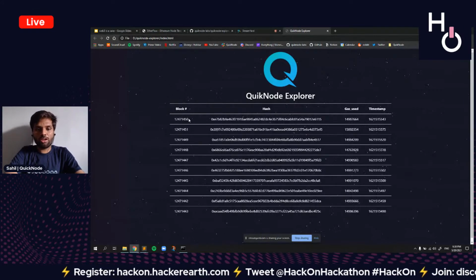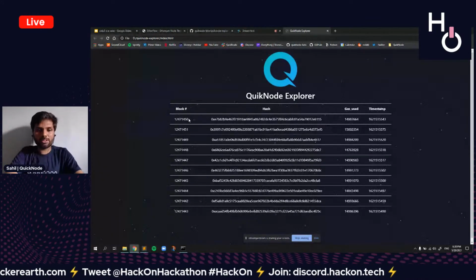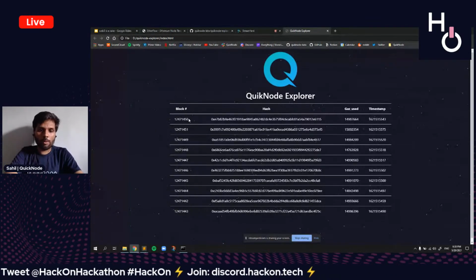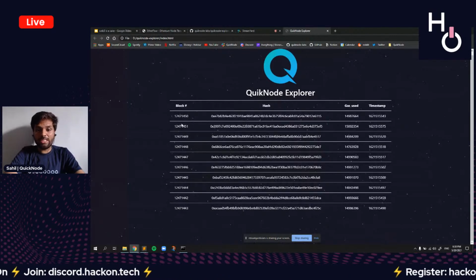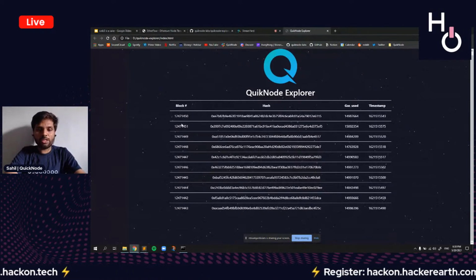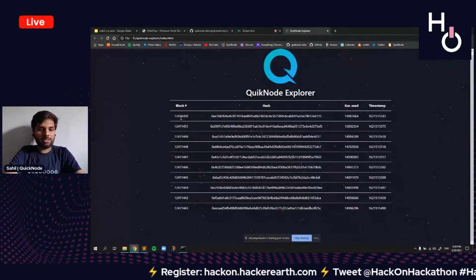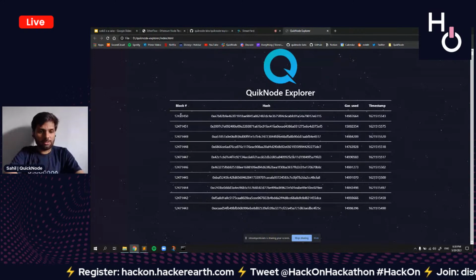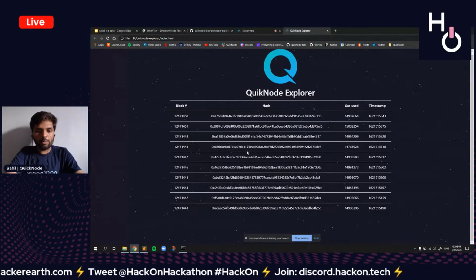So you saw that, right? The data was so fast when the node is functional, because that particular node probably might have been expired. So the data is really fast. This is the real-time data which we got from the blockchain, right? So as you can see, these are the 10 latest blocks. These are those blocks